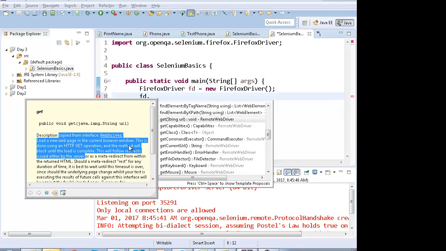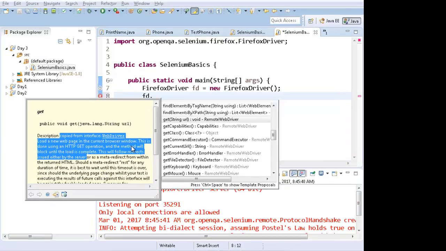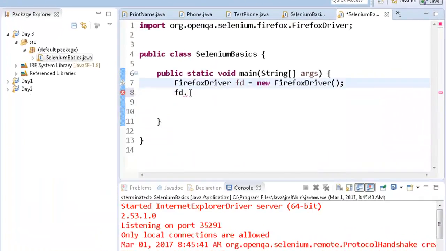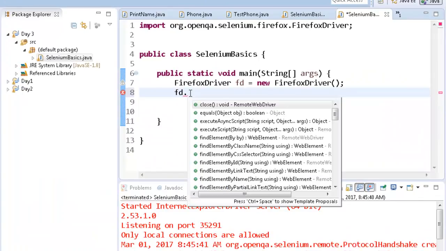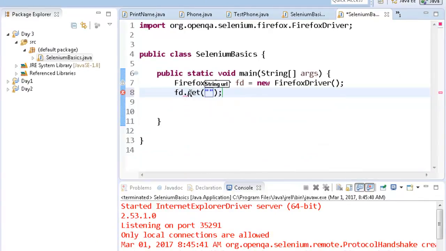So out here, you will write like this: Firefox driver dot get to the URL http yahoo.com. Look, writing the protocol in Selenium is important. It's not like QTP. In QTP, you can skip the protocol, but in Selenium, you cannot skip the protocol. It will give you an error.